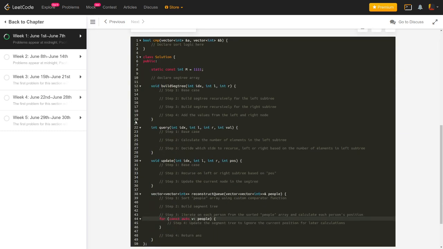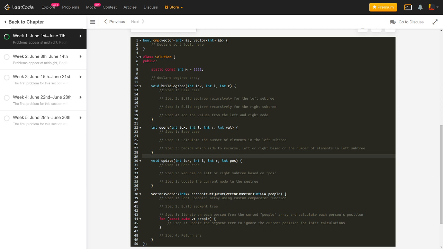So what I've done here is I've already marked the important steps for you. You can actually just pause the video here, and if you want to develop good coding skills also, you can just see these steps. This will help you to write the segment tree code. Okay. What I've already done is I've used three functions: build segment tree, query, and update, because these are the main functions that are required in segment tree.